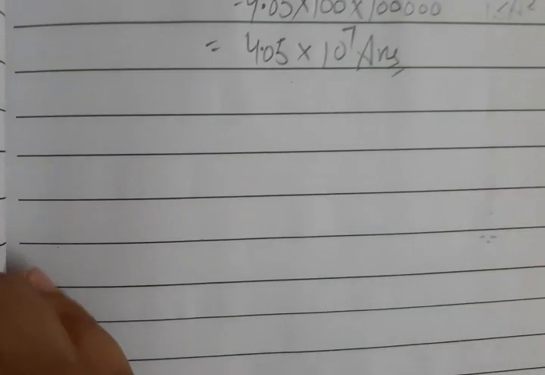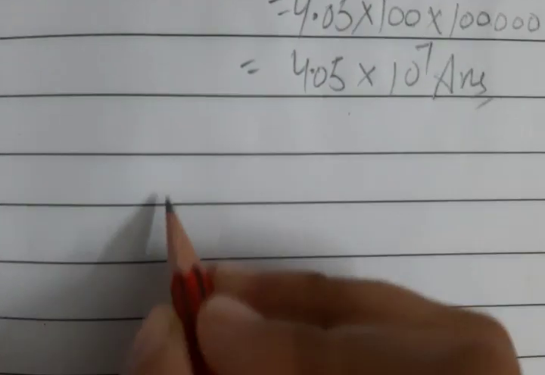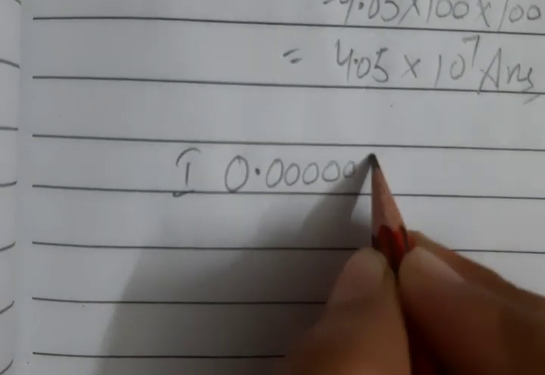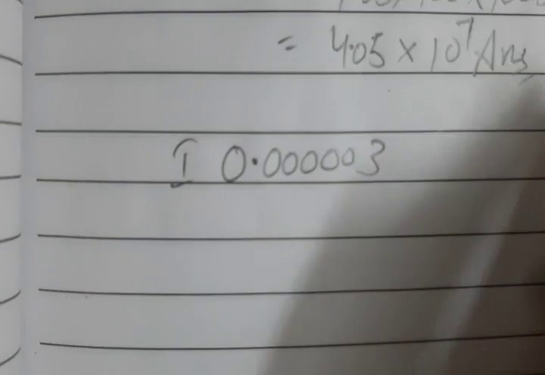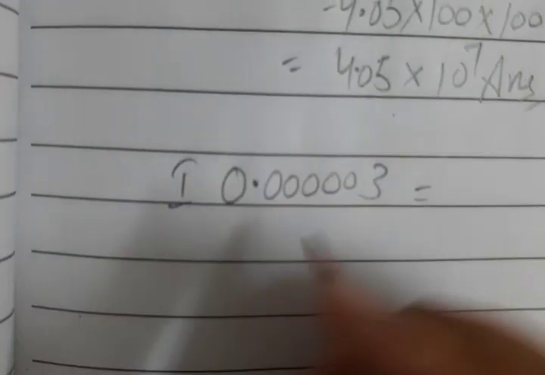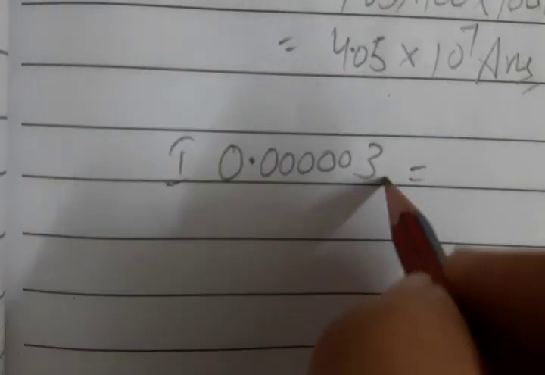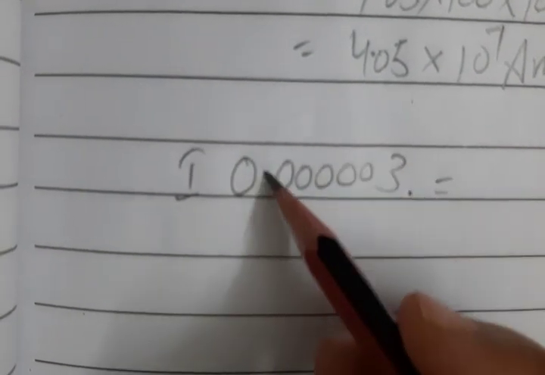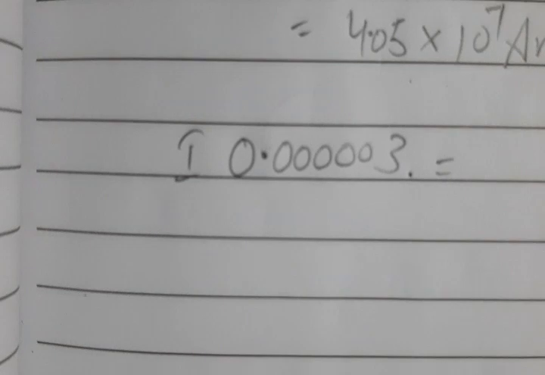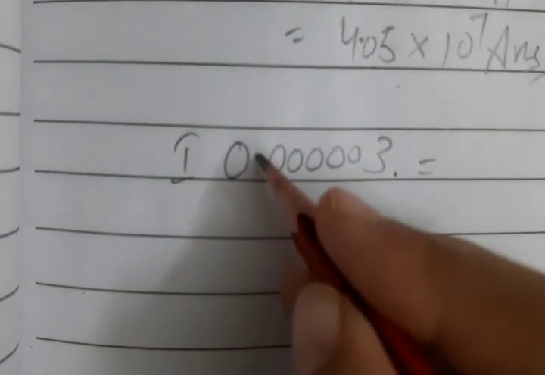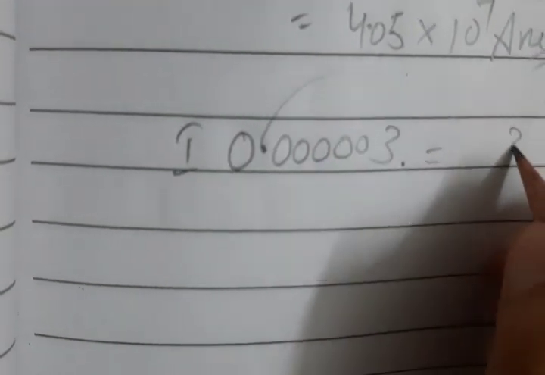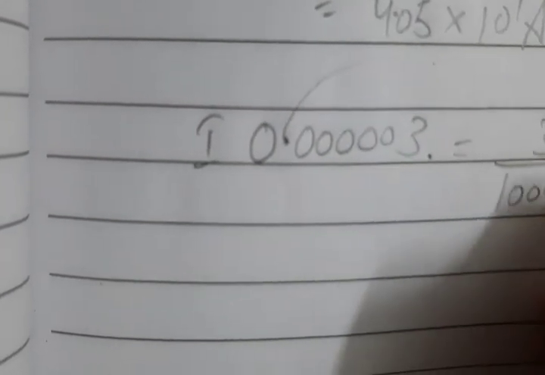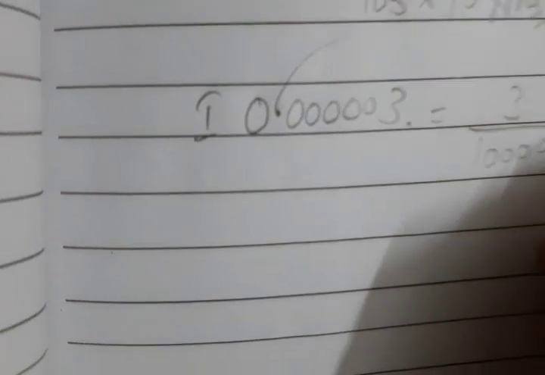Now let's start. Next is the smallest number. How will we do it? First let us take a small number, that is 0.00003. That is simple. What we will do, in the smallest numbers the exponent always comes in a negative power, especially when there is a decimal. Remove this decimal, that is equal to 10 by 1 2 3 4 5 6, 0 1 2 3 4 5 6.